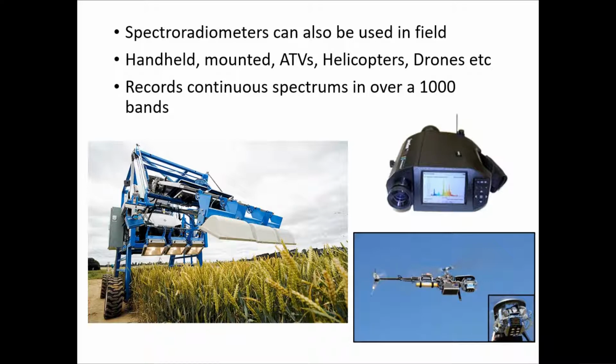All these are spectroradiometers, and they can be handheld, mounted on a machine like this, mounted on helicopters, or mounted on drones. You are basically collecting the spectral reflectance pattern in different wavelengths, and you are going to use it as your reference data for a much wider application. Clear? So this is one example of collecting reference data. You can collect your spectral reflectance pattern using a spectroradiometer, which will continuously record the reflectance pattern in many different wavelength bands.